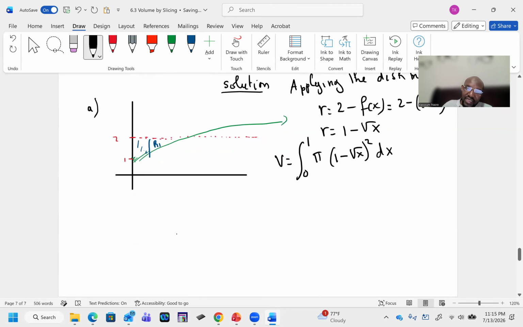Okay, by expanding this one, our V would be equal to, take pi out, the integral from 0 to 1 of 1 minus 2 square root of x plus x dx. And if you integrate this one, of course, you will get pi